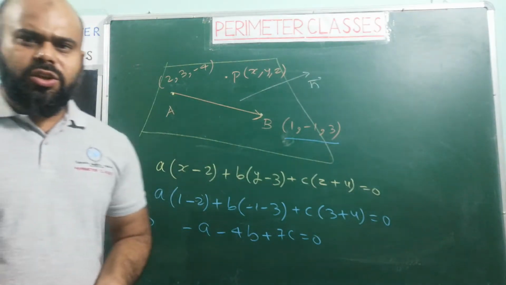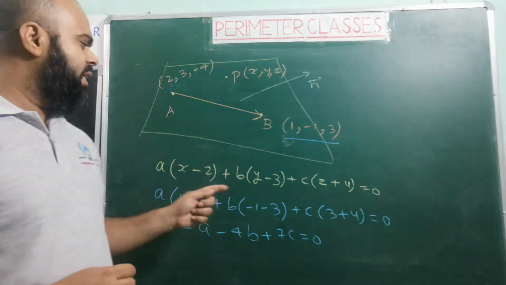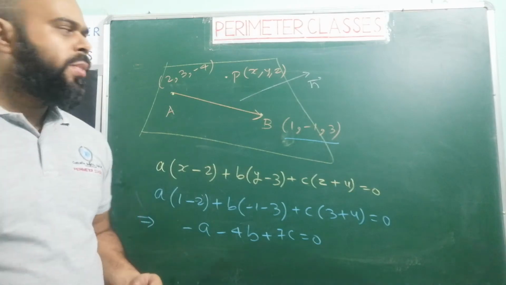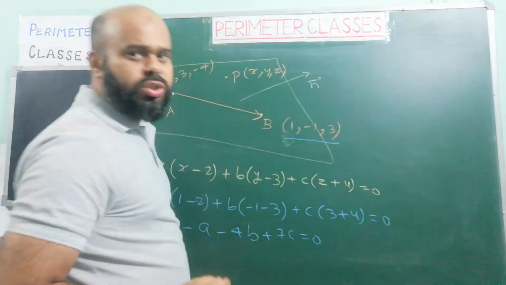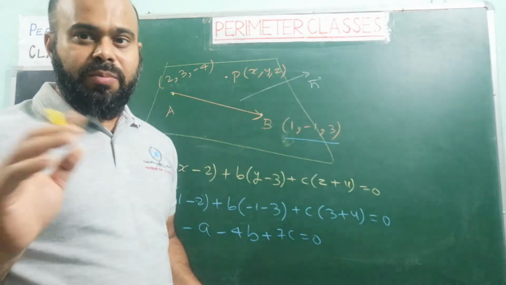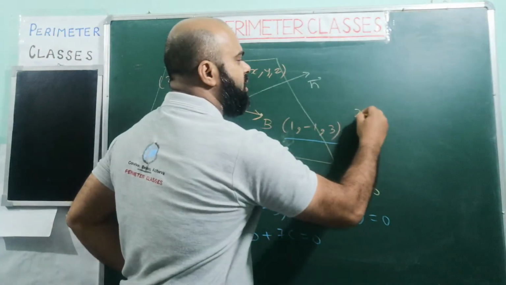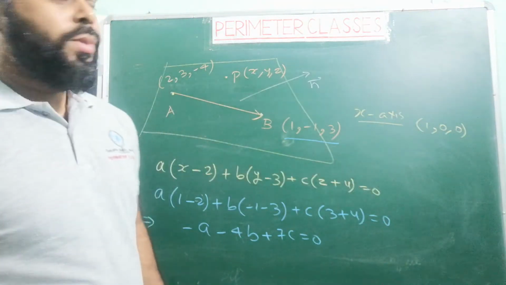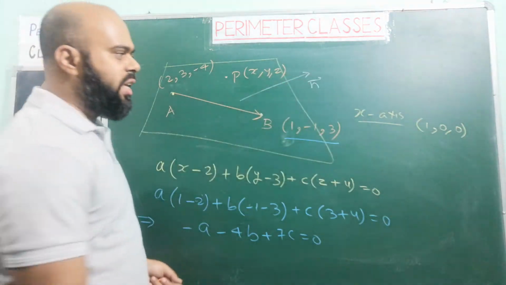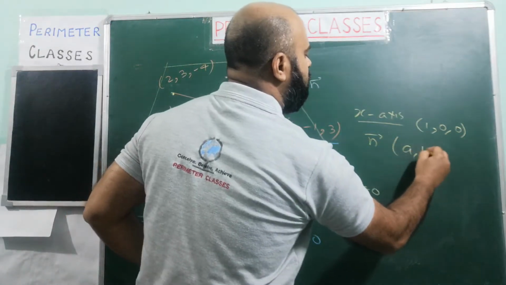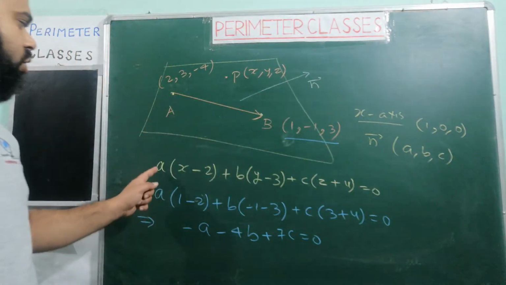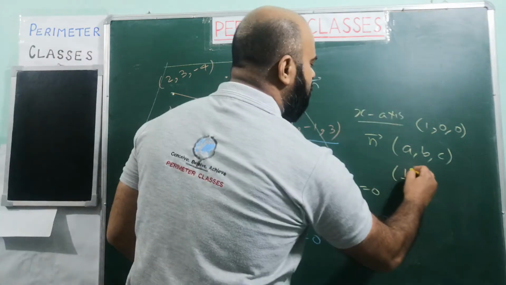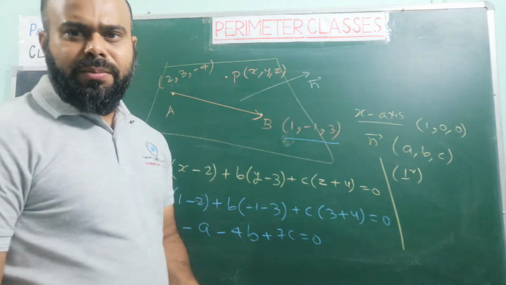Now can we get some other equation also? This normal is perpendicular to the x-axis, as we have just written. So what are the direction cosines of the x-axis? If you remember the previous first 2 lectures, the x-axis has direction cosines 1 comma 0 comma 0. And what are the direction ratios of this n? This n has direction ratios A, B, C, which are the coefficients of x, y, and z, and these two are perpendicular. So their dot product will be equal to 0.